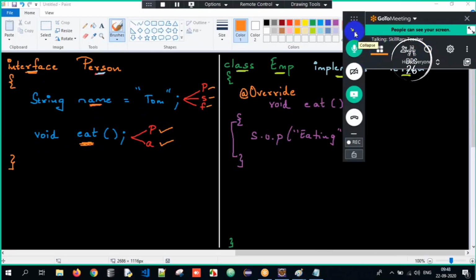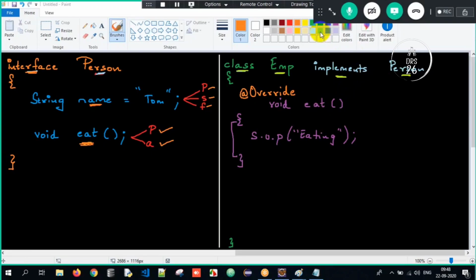Whenever we are overriding a method, same return type, same method name, same number of arguments, but the access specifier over here is automatically public. So whenever you override a method from an interface, make sure you have the same access specifier or increased visibility.